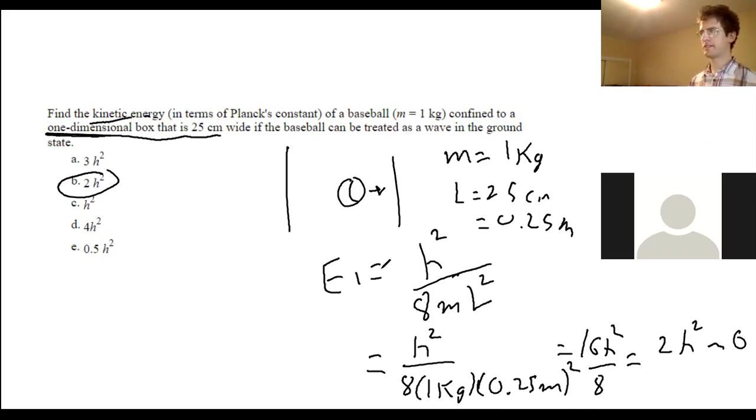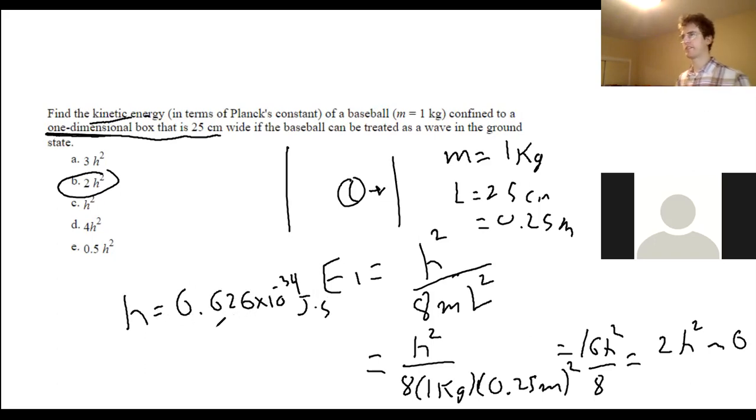So I've got a question about Planck's constant. So Planck's constant is essentially a term that does show up a lot in quantum mechanics. The official number for it is 6.626 times 10 to the negative 34 joules per second. Sorry, joules times seconds. And Planck's constant is a very useful and common